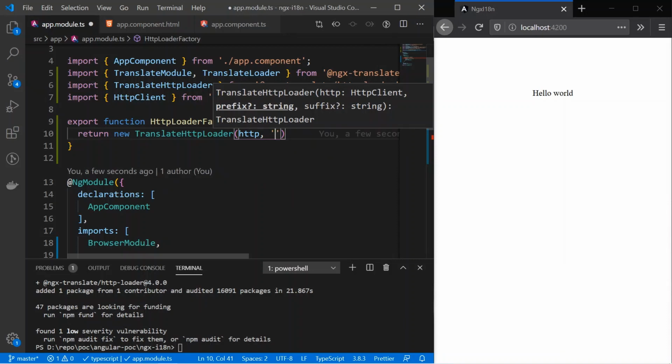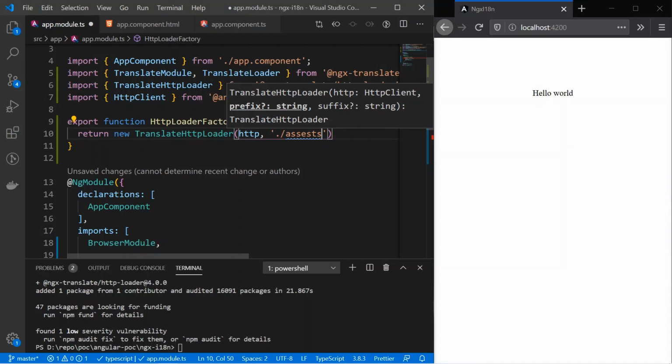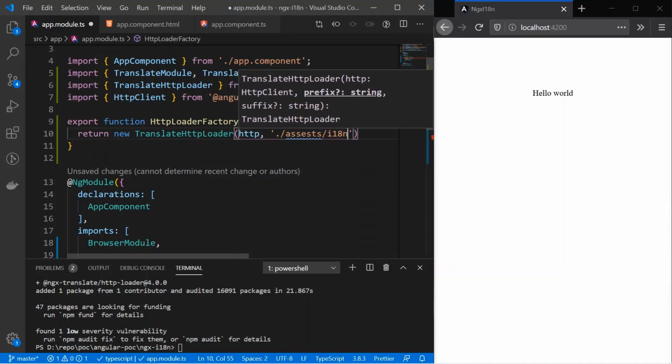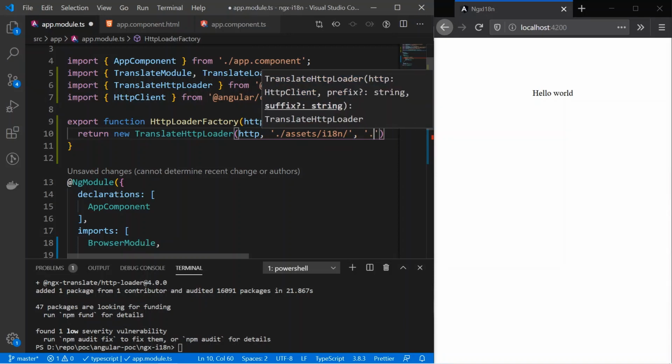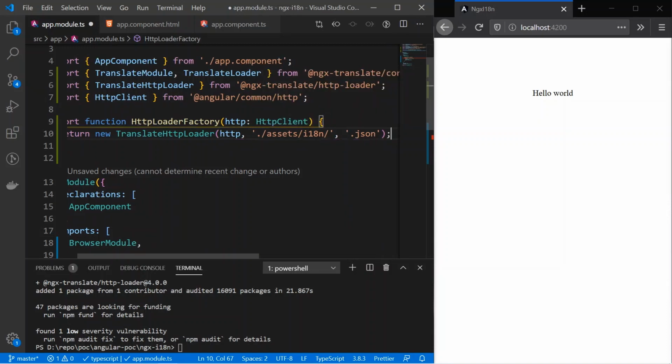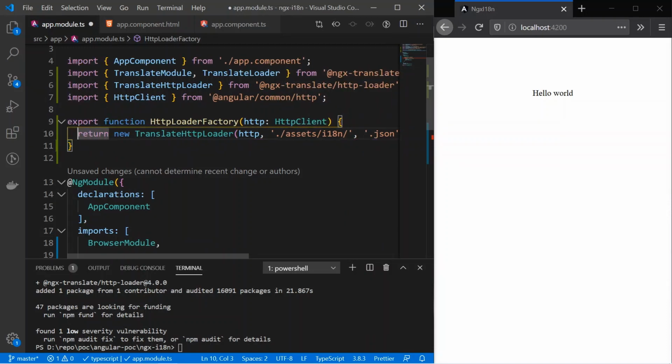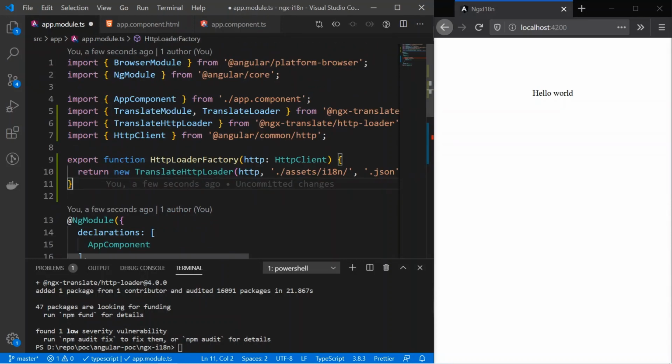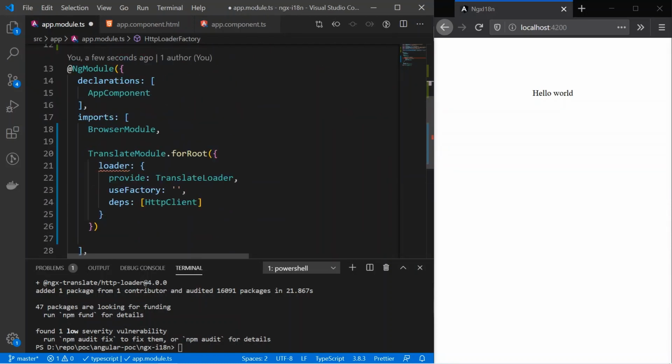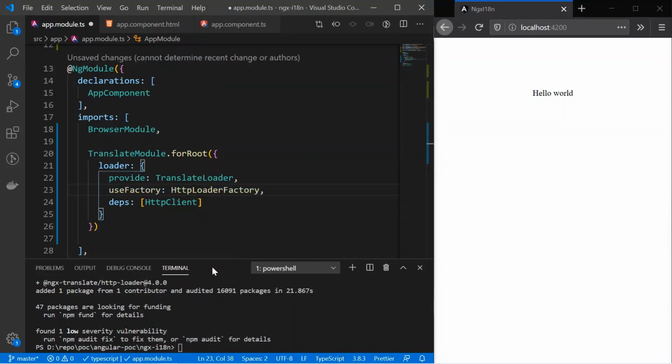So we are going to keep our locale files inside the assets directory. And the suffix will be .json. Okay, so the file name will be a JSON file, so the suffix will have to be .json. Okay, so now we'll have to use that factory in here. So you simply provide that here.